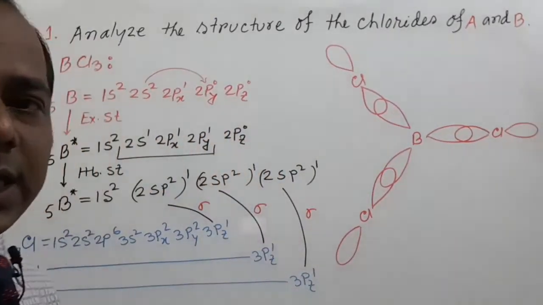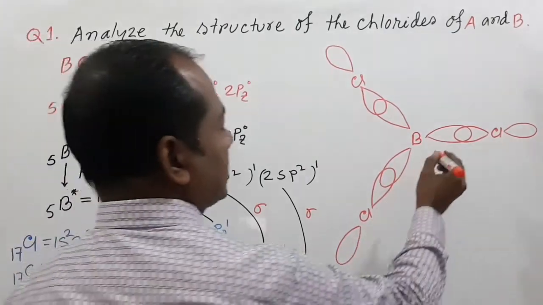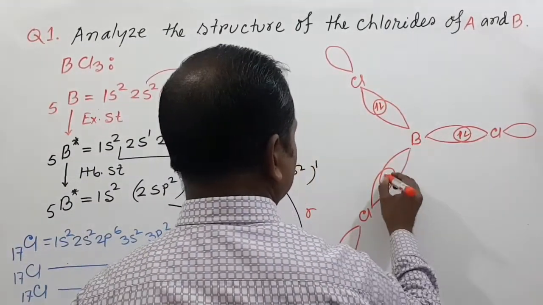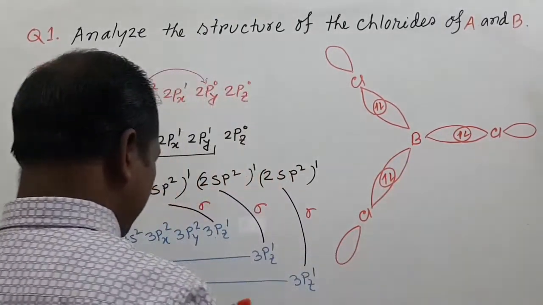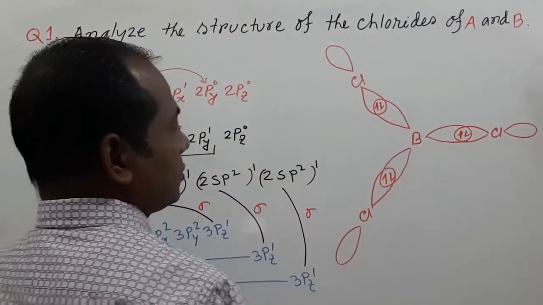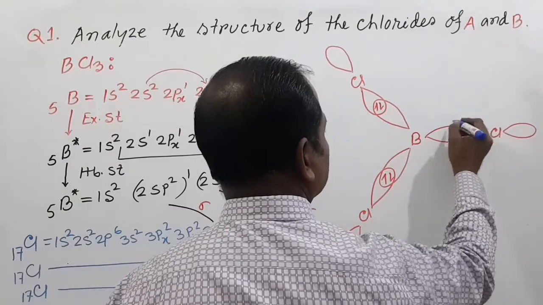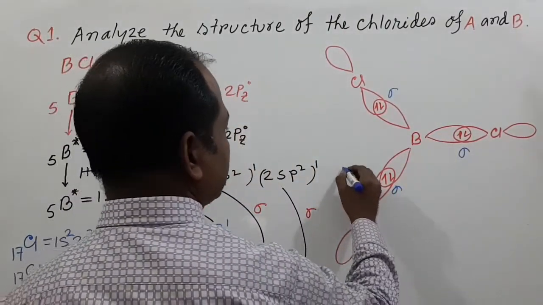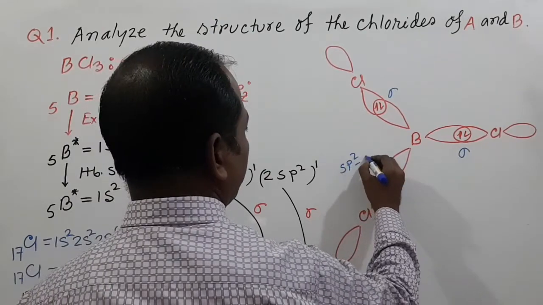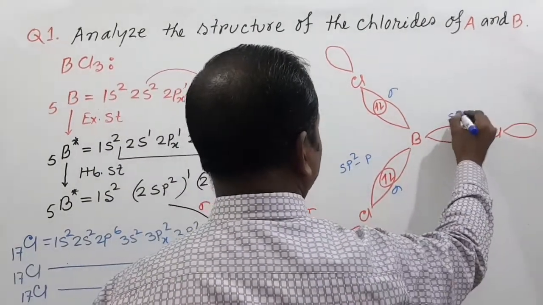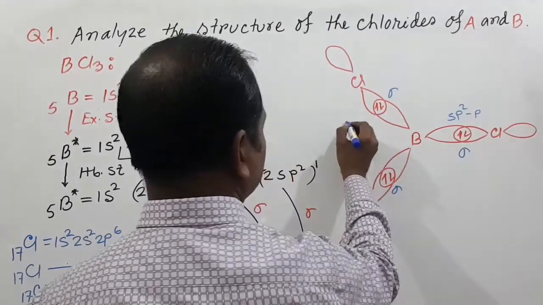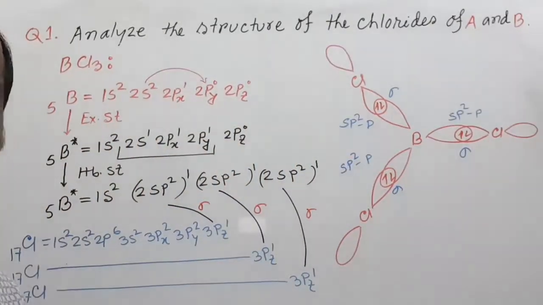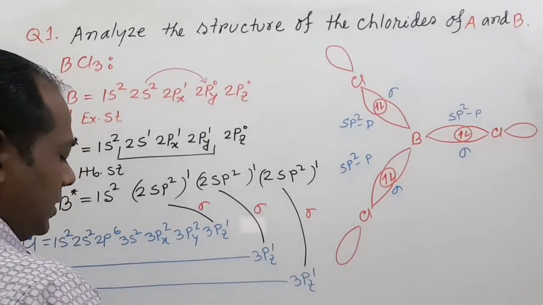And we can see that this is the paired electron, and sigma bond occurs here. So this is sigma, sigma, sigma. We can also name the bond sp2-p, sp2-p, sp2-p. So the shape of this compound is